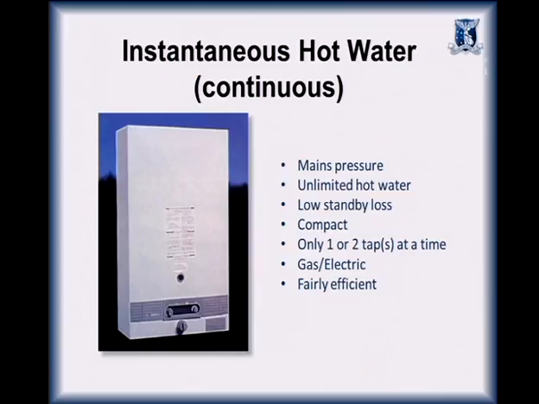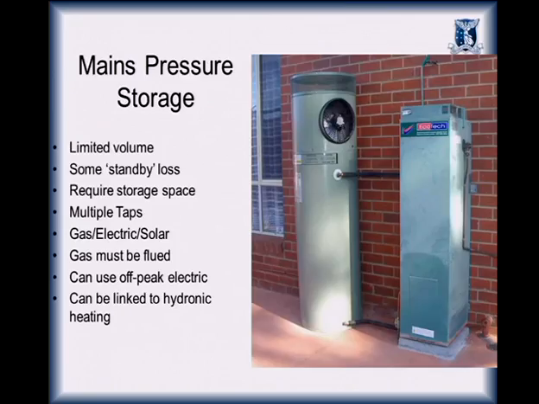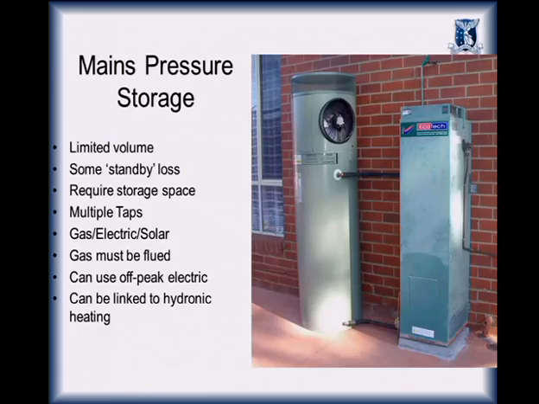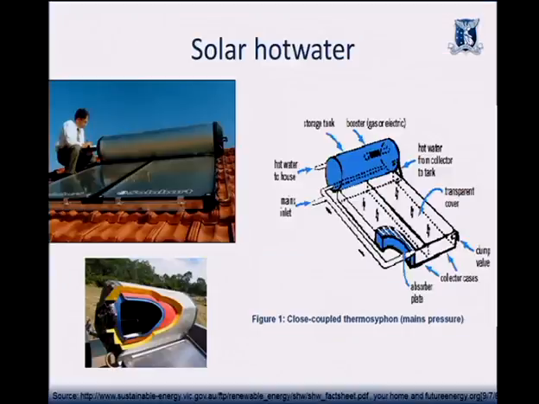I don't think we need to talk about hot water too much because I think it's fairly straightforward. There's different types. So the instantaneous units, the box on the wall that just heats water as it passes through, and the storage system. Then the solar systems that sit on the roof. So there's a tank at the back, and the water's heated in the panels, and it's ready for the next day. So in our climate, where we've got lots of sun, solar hot water is a bit of a no-brainer,